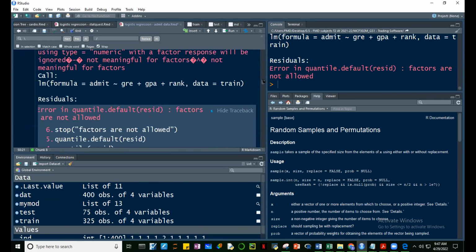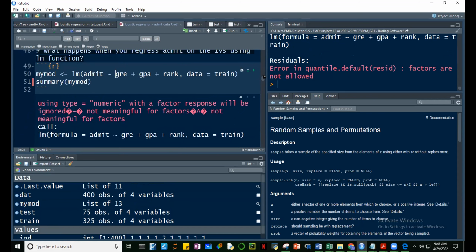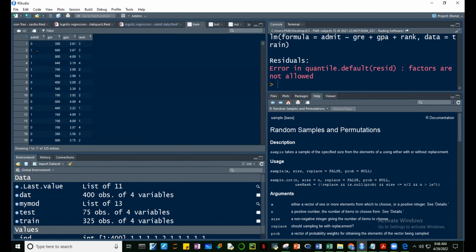Okay, ano nangyari? Hindi niya rinan. Kasi, what's the rational why it didn't run? Si LM guys, ginagamit lang yan when your dependent variable, when your response variable is continuous. Okay? Kaso si admit, hindi naman continuous yan. Factor yan di ba? It's a factor. In fact, ano value ni si train natin, 0 or 1 siya. No? So hindi siya, kung hindi natin ginawang factor to,